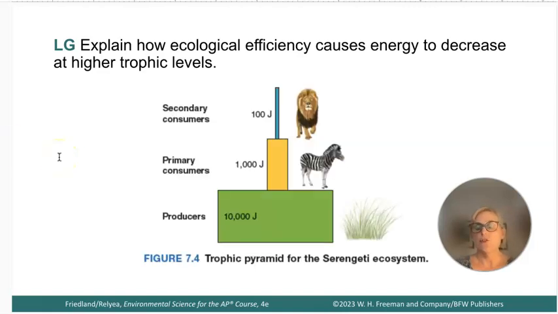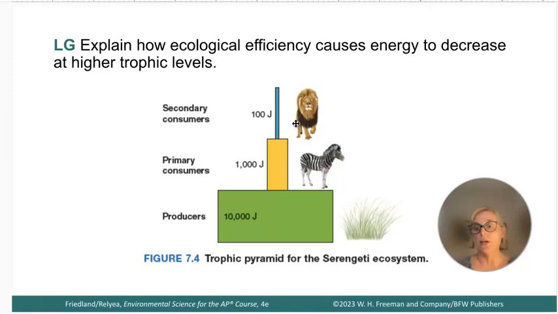So this one is a trophic pyramid, really going to give you energy. So this would be joules of energy. And so really this should be proportion. This green box here is 10 times higher than the yellow box, which is 10 times higher than the aqua box here. And so in an ecosystem, there's a lot more producers, or grasses we'll say, than there are zebras, than there are lions.